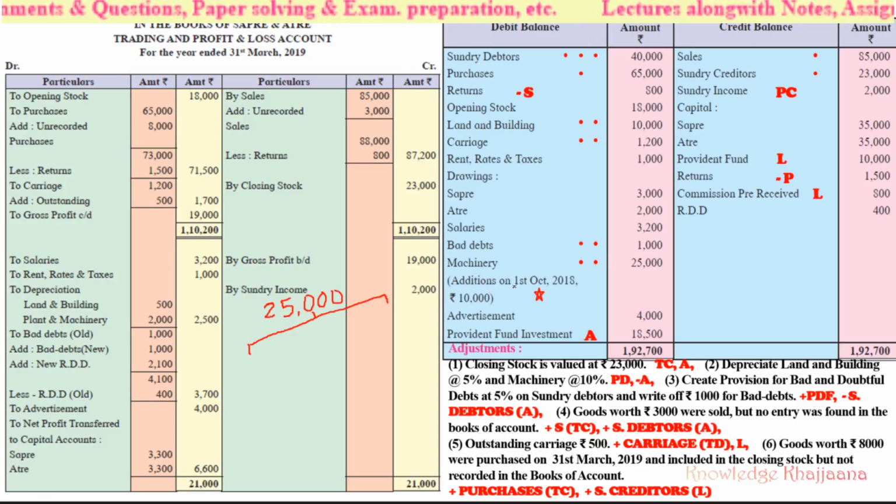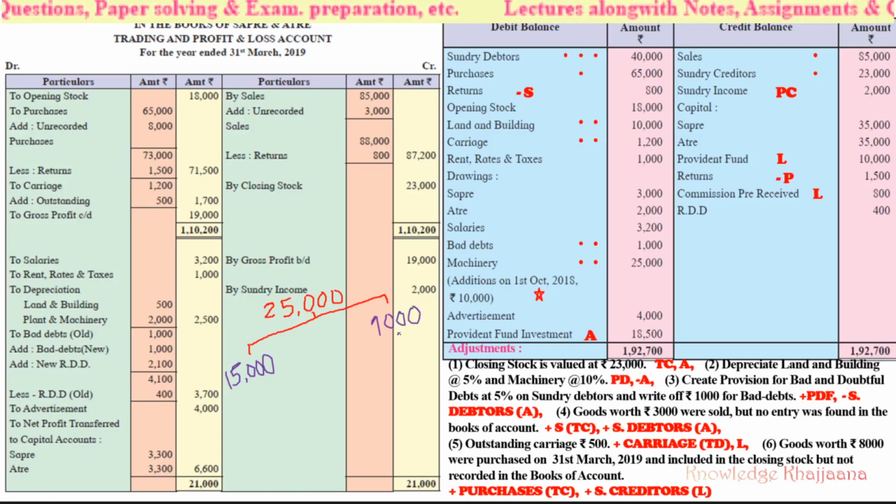See, an addition on 1st October 2018 was done of rupees 10,000. Means before this addition they were having machinery of rupees 15,000 from 1st April 2018. Means from the start of that financial year they were having machinery of rupees 15,000, and they purchased new additional machinery of rupees 10,000 on 1st October 2018, right? Okay, now